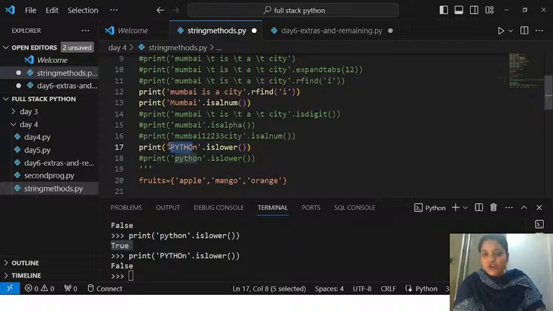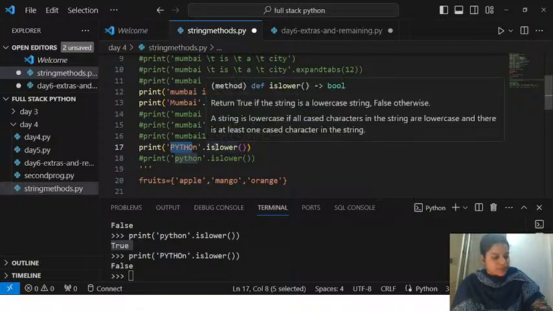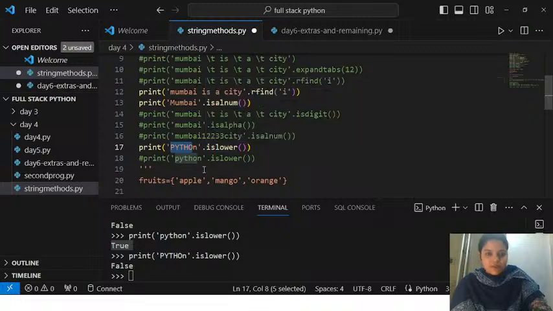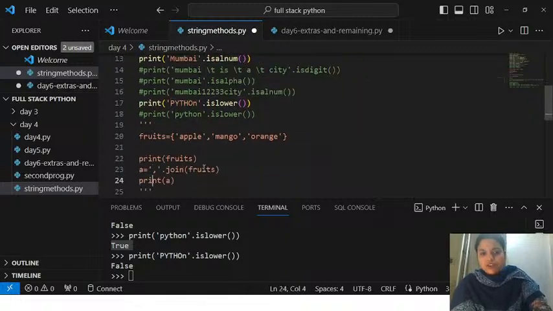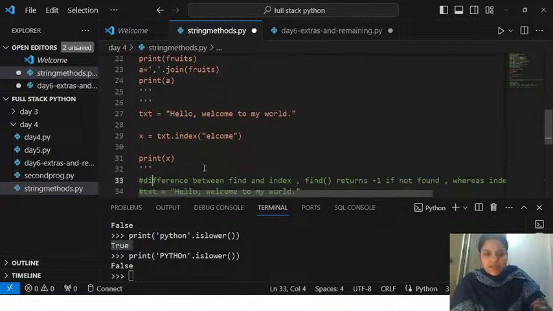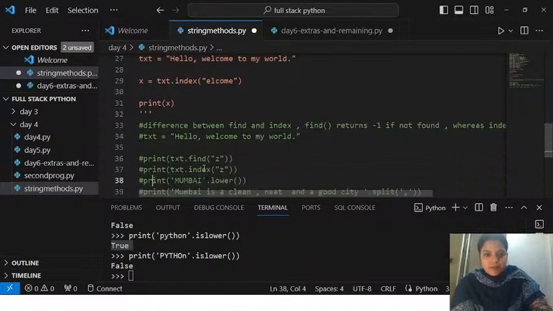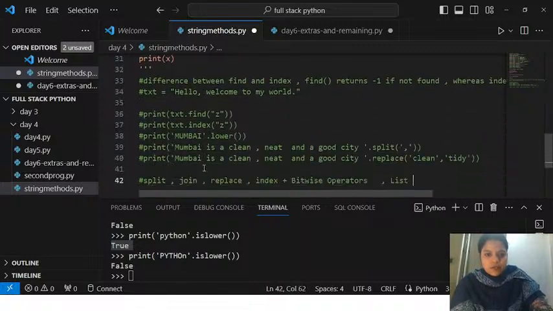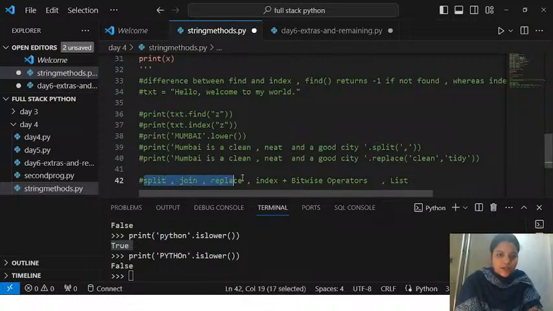So either all should be upper or all should be lower to return true. What else we had done yesterday? Alright, so these were the different functions I told you. They are important. So let's start the tutorial and discuss them one by one.